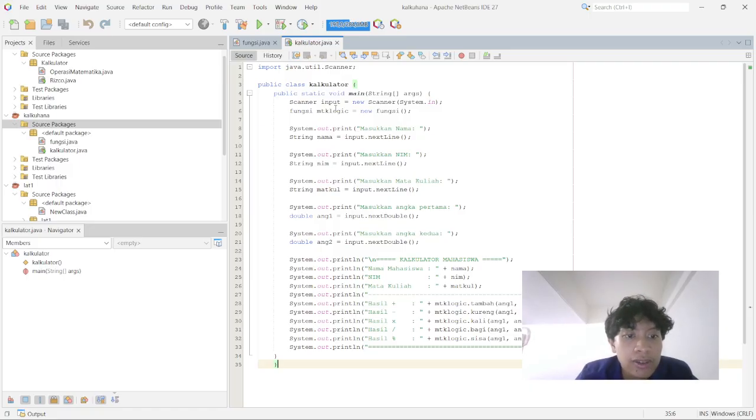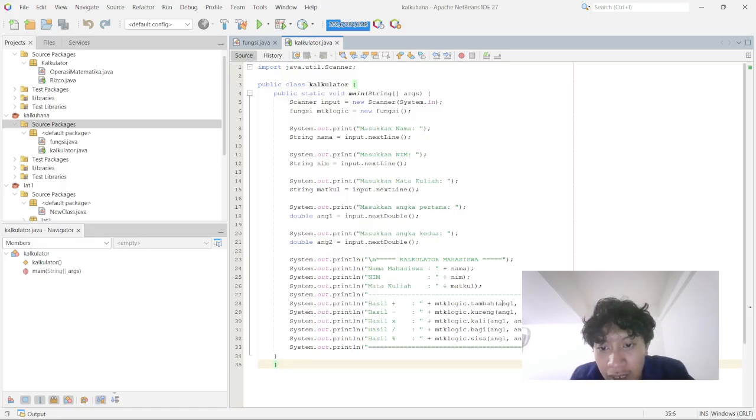And back again, after receiving the input, the program processes the two numerical values by calling five methods, here in mtklogic dot tambah. In here, there's a class that uses tambah, kurang, kali, bagi, sisa, meaning the arithmetic logic before, and each of these methods performs one arithmetic operation, like using System.out.println.